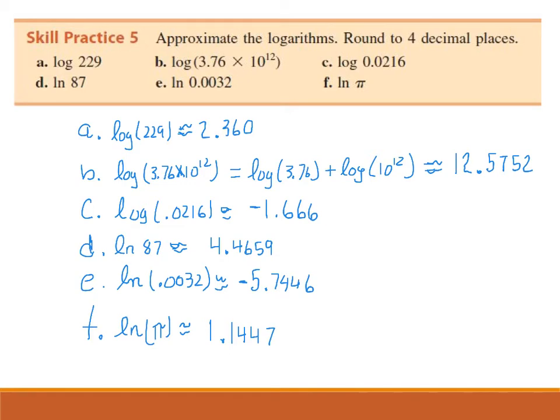So in this particular problem, the log of 229 is 2.360, rounded to 4 decimal places. I've done something interesting here. I took the log of 3.76 and I added it to the log of 10 to the 12th. We will talk about that in the next chapter. It ends up being, when we take the log of that,